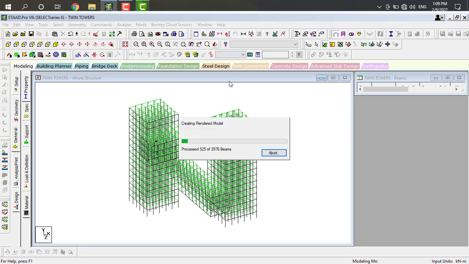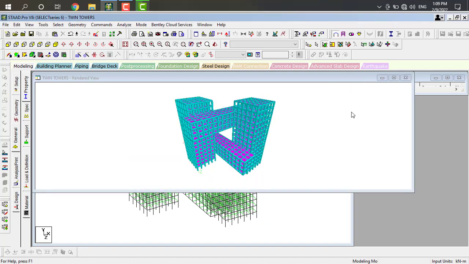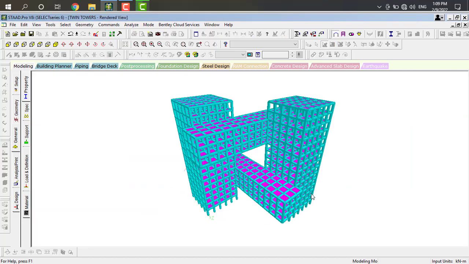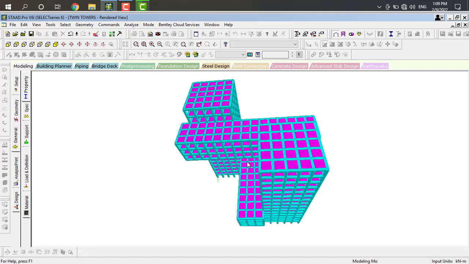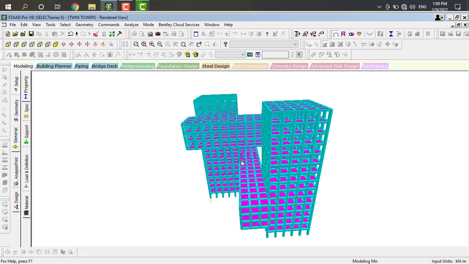Next, we have to observe this in the rendered model. It will be our building, twin tower with skywalk.